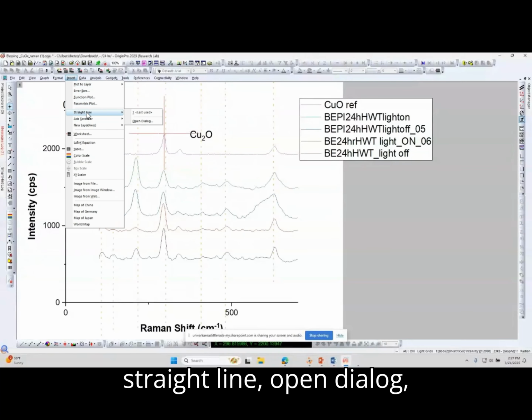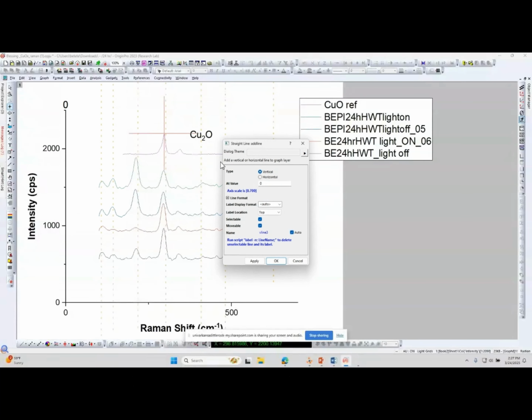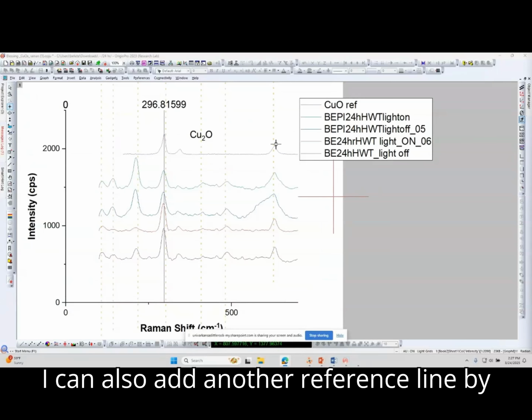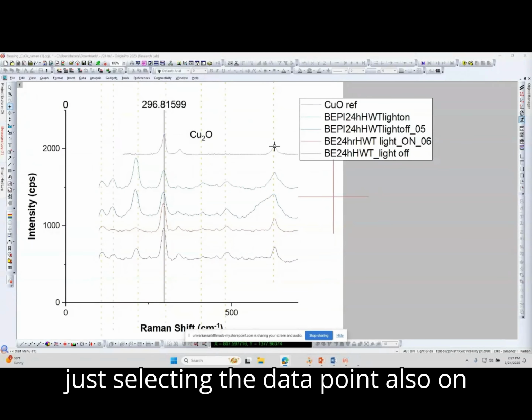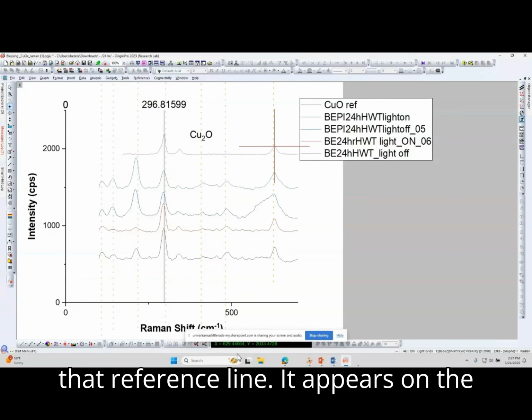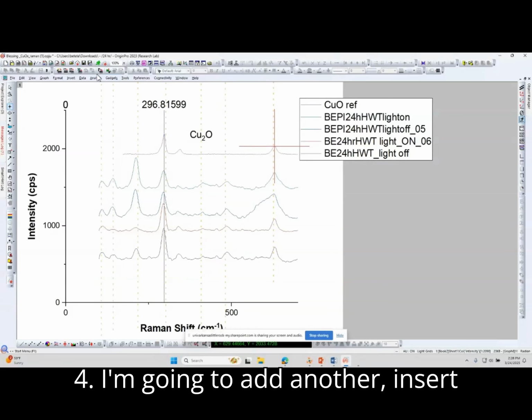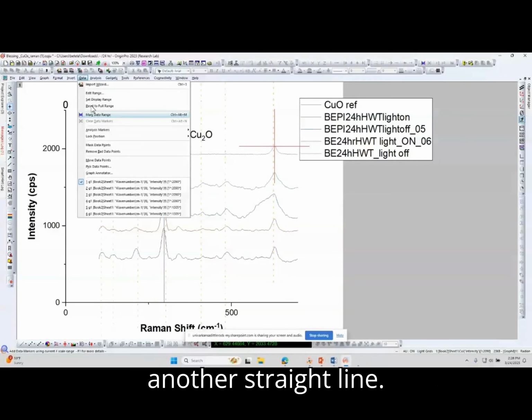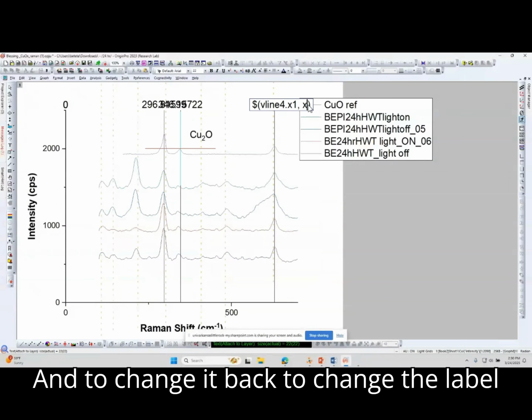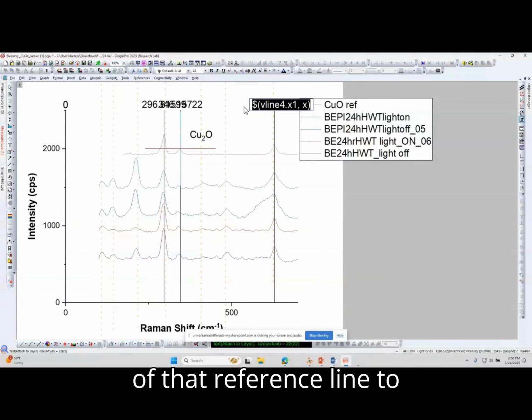Insert straight line, open dialog, and where it has a vertical line value, I'm going to add 5986, then click apply. I can also add another reference line by just selecting the data point on that reference line. It appears on the screen reader as 629.44664. I'm going to insert another straight line, and change the label of that reference line to